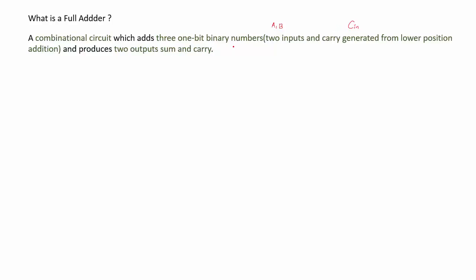Since there are two carries, that is one of the carry is input to the full adder and one carry is output, we'll represent the output carry as C out. So using the definition of full adder, let me draw its block diagram. So if I call this block as full adder